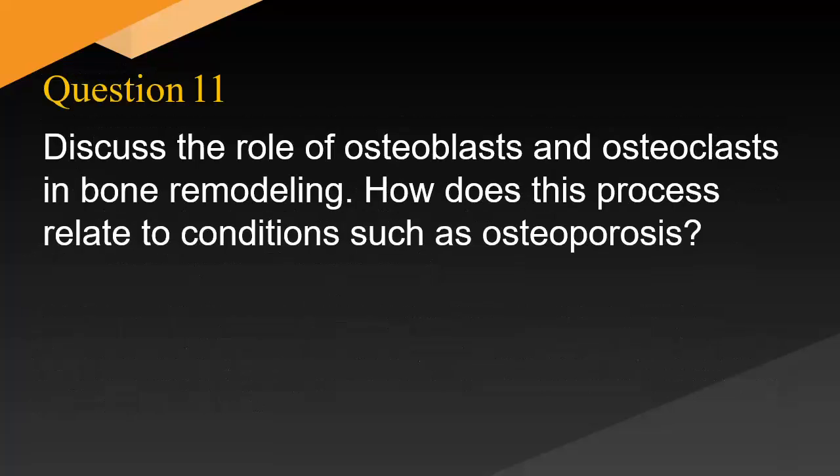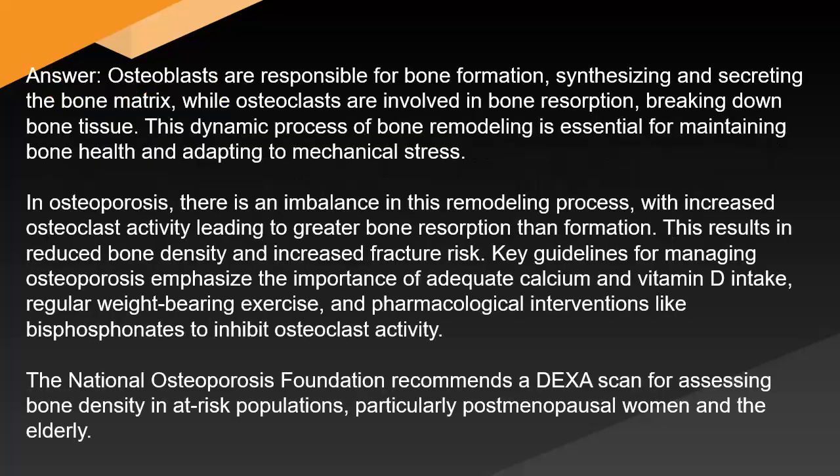Discuss the role of osteoblasts and osteoclasts in bone remodeling. How does this process relate to conditions such as osteoporosis? Answer: osteoblasts are responsible for bone formation, synthesizing and secreting the bone matrix, while osteoclasts are involved in bone resorption, breaking down bone tissue. This dynamic process of bone remodeling is essential for maintaining bone health and adapting to mechanical